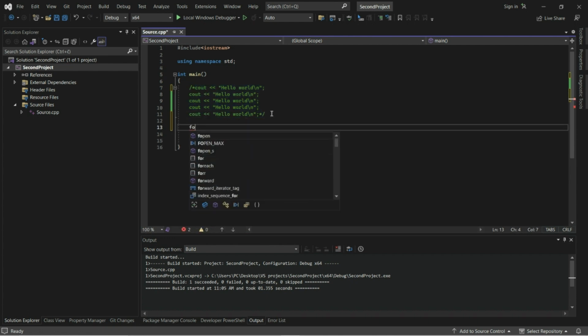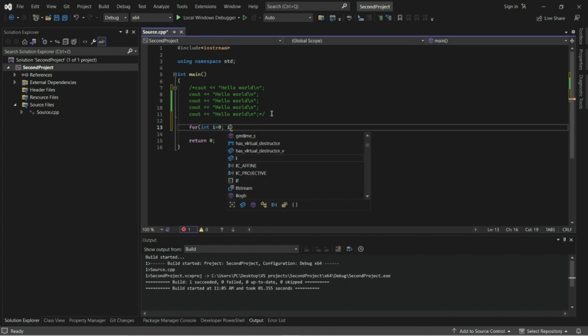So I first need for keyword, and then I need to initialize variable. It will have initial value of 0. Then I need to add condition, i is less than 5. And then I need to add update, and this variable will be incremented by 1 after each iteration.